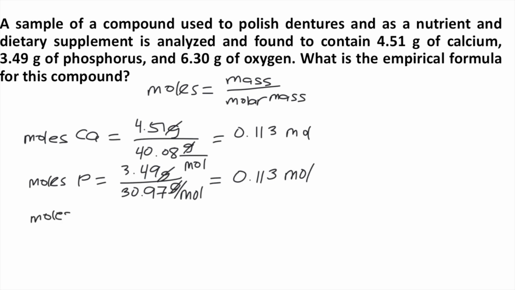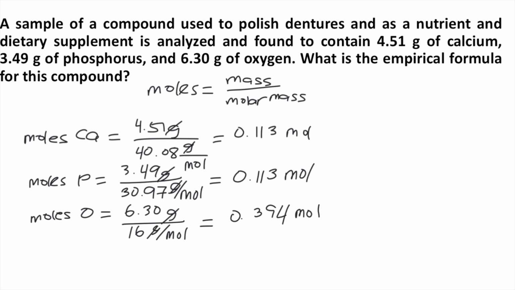So moles of oxygen. So 6.30 grams divided by the molar mass, which is 16 grams per mole. So 6.30 divided by 16, that's 0.394 moles. So after getting the moles, the next step